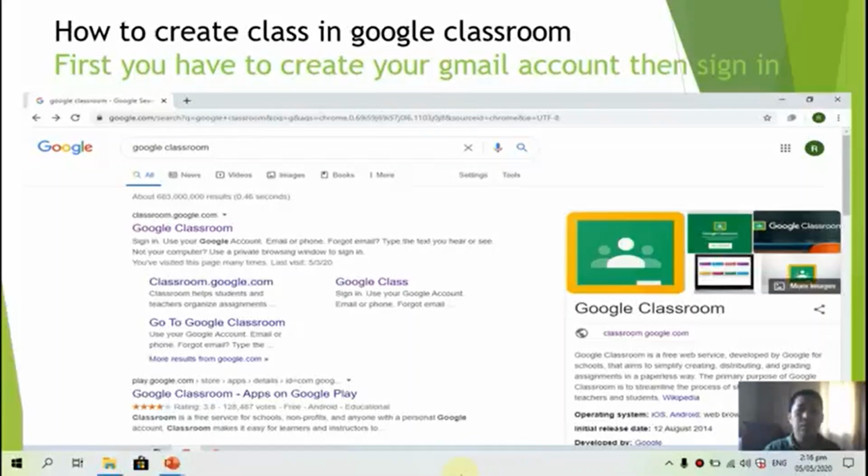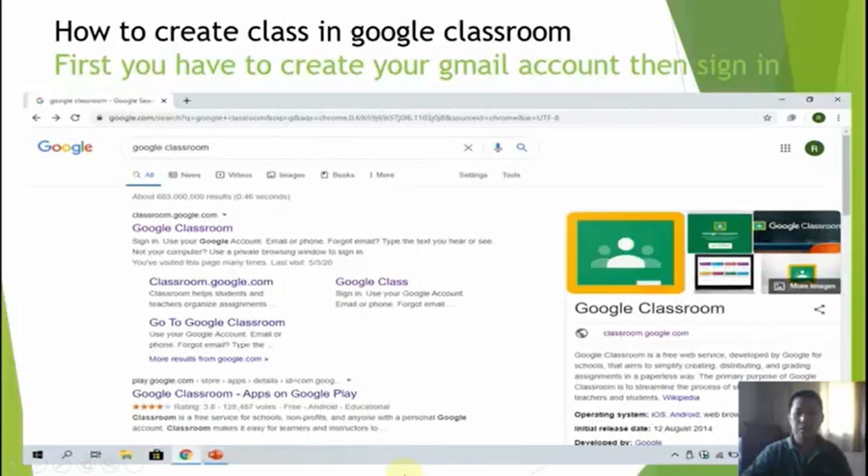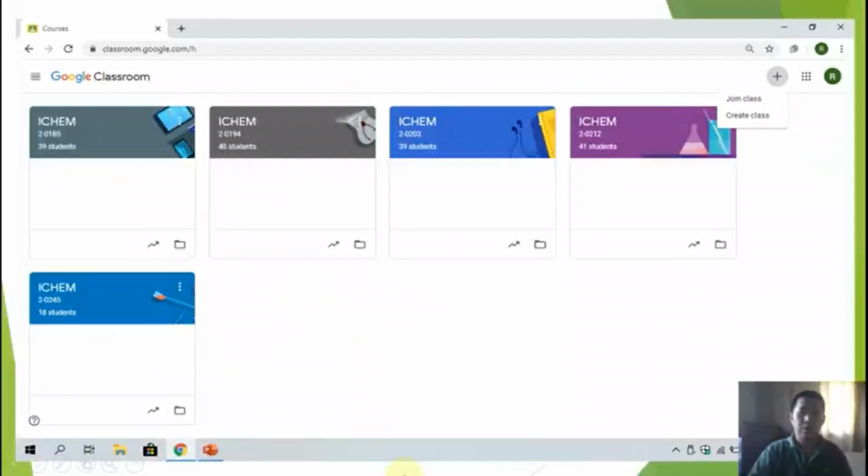First, you have to create your Gmail account, then sign in. After that, you have to go to Google Classroom, hit this Google Classroom, then you can see this.